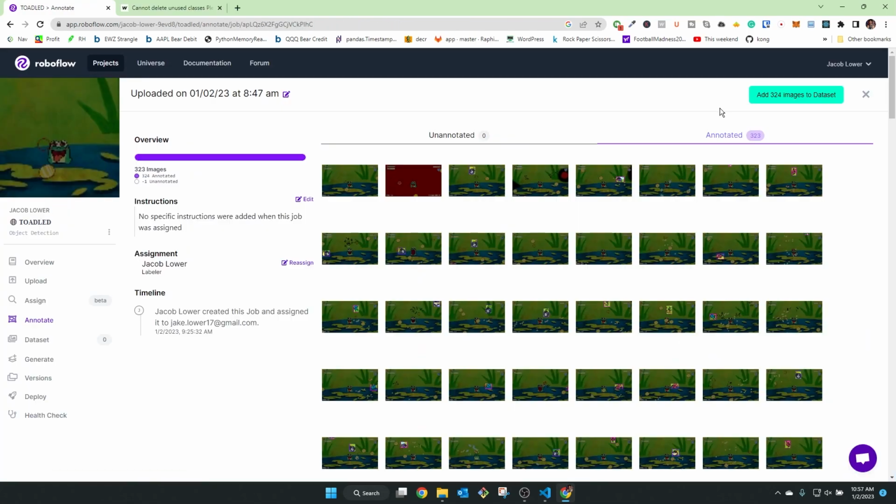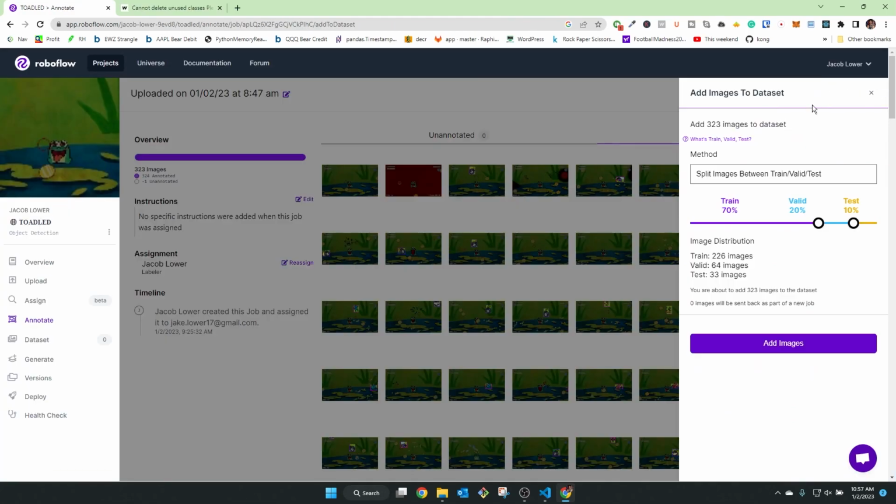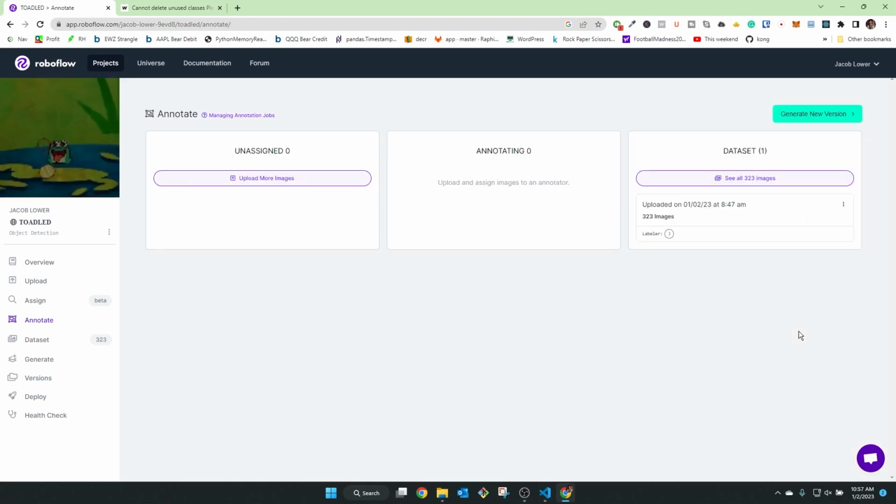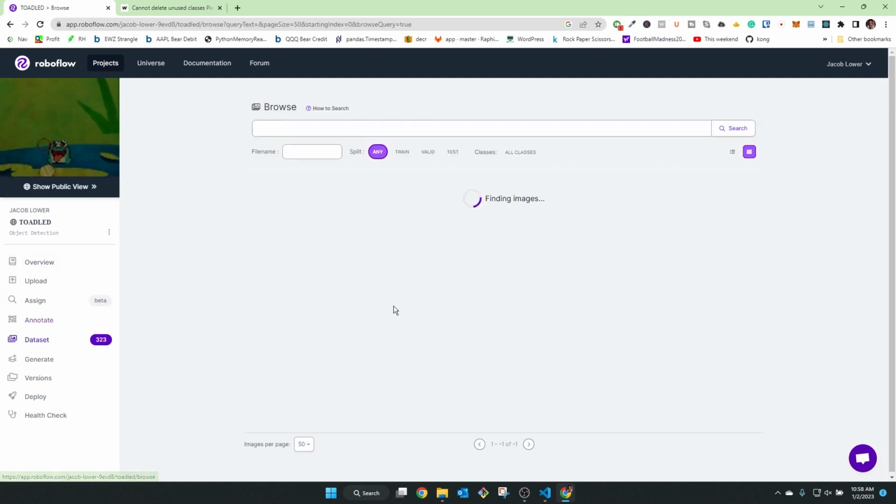All right, now that process is complete, we can hit add images to data set. It gives you a nice split between training, validation, and testing. If you're not familiar with AI in general, you usually have a validation and a testing set to make sure you're not overtraining your network. We can browse our data set here,